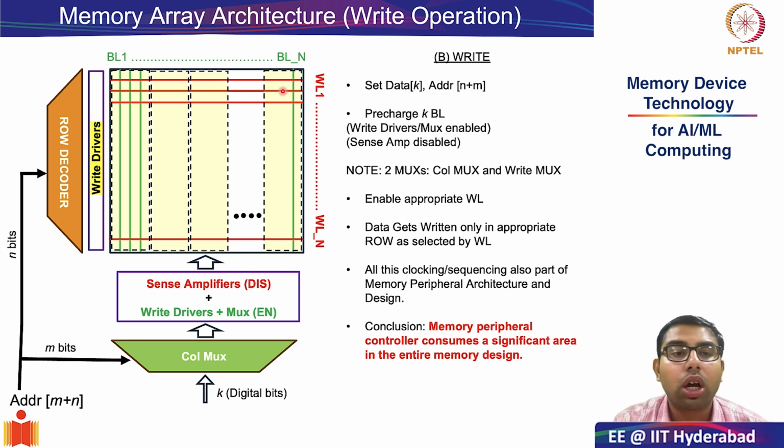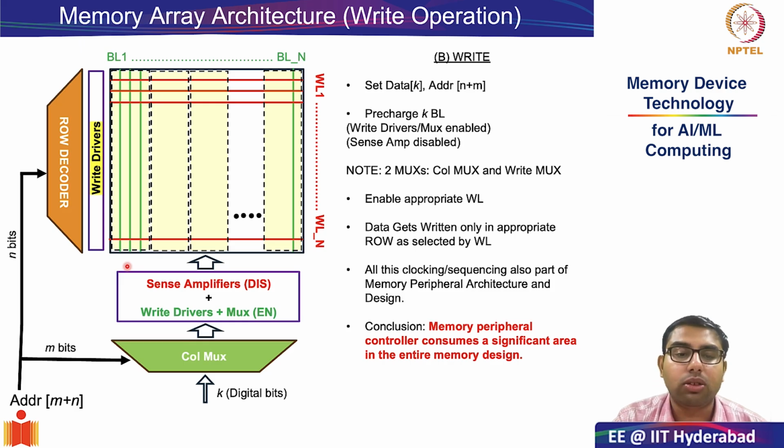We also saw the importance of changing the peripheral design from just a simple address decoder to a row decoder and column mux. The row decoder selects the word lines and the column mux selects one of the 2 to the power of m word lines within each page. In addition, we also saw the analog peripherals, the sense amplifiers and the pre-charge or the write driver circuits.